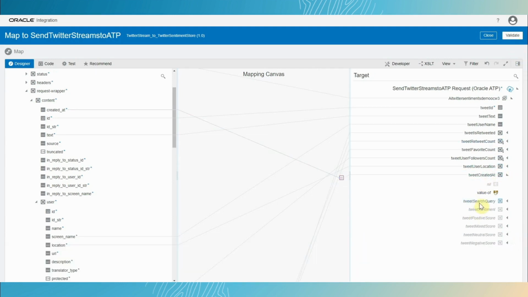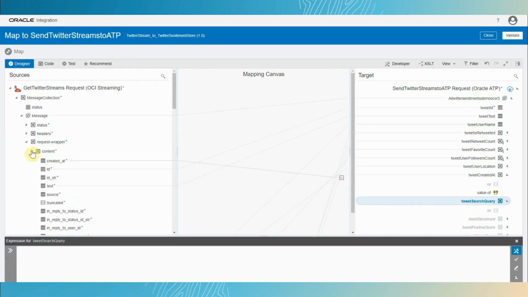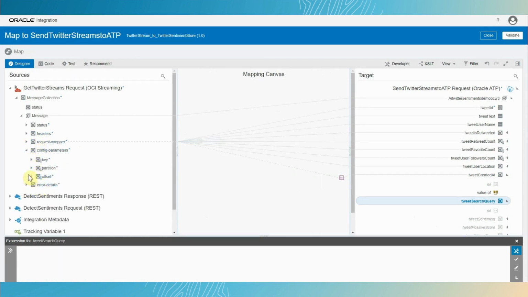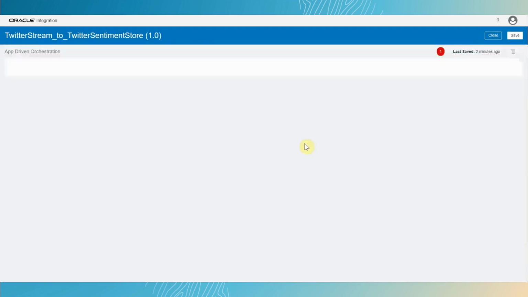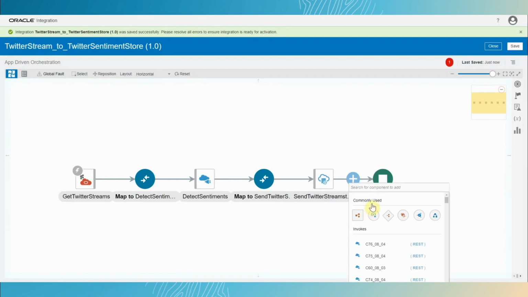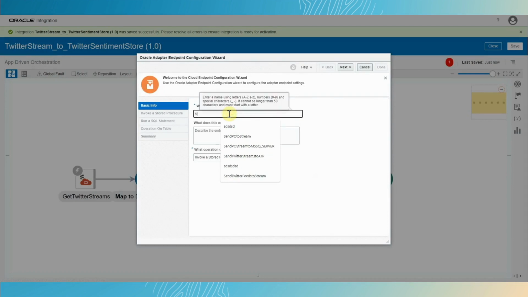Okay. And finally, the tweet search query. In this case, the tweet search query comes from, remember that we established the key in our TweetPy listener. We established that the key is the search query, right? And here. There we go. So we validate, and there we go. And the final thing is just to update the scores that are coming from our